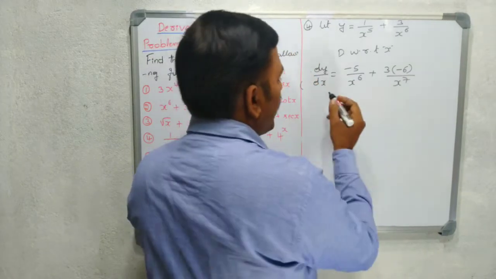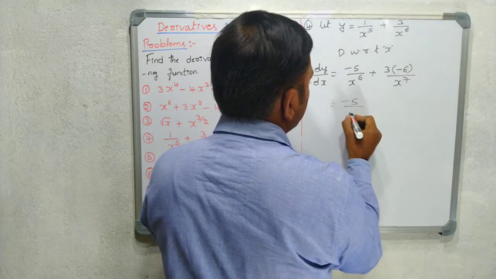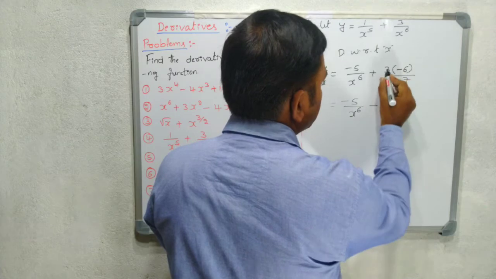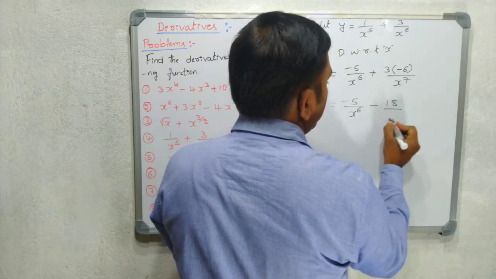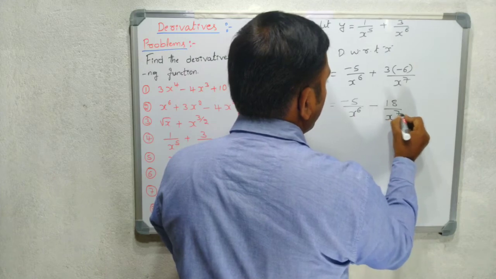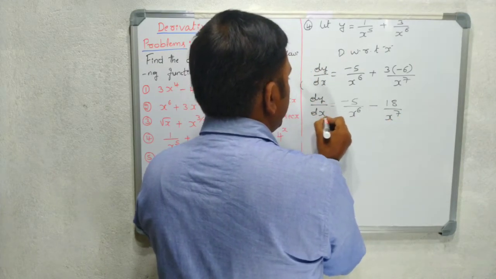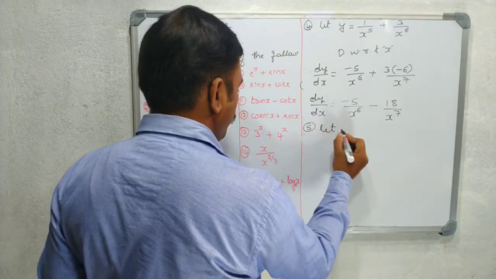Is it clear? And then simplify this. That gives minus 5 divided by x to the power of 6, plus into minus is minus, 3 into 6, 18 divided by x to the power of 7. This is the answer. So this is dy by dx. Is it clear? Let y is equal to